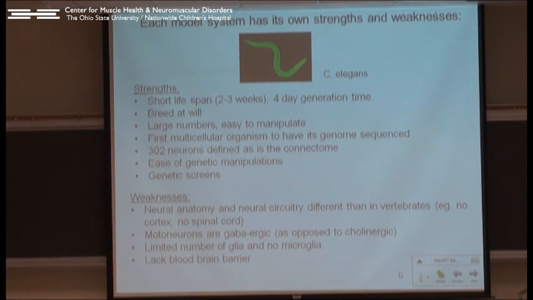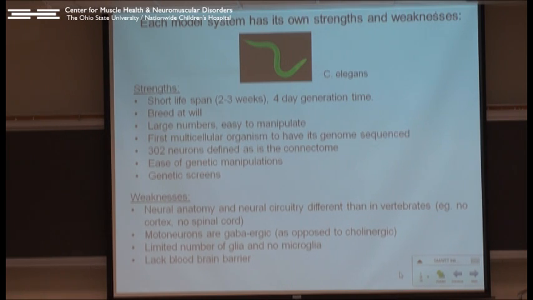They're the first multicellular organisms to have a genome sequence, so they have very strong genetics. They have 302 neurons, the neurons are defined, and the connectome is also defined. So the circuitry of the worm is identified. Genetic manipulation is really easy, and I'll show you an example of that as we go through the worm model. And they're very strong for doing genetic screens, chemical screens, RNAi screens. Again, because you have this huge number of animals, you can get it very easily,